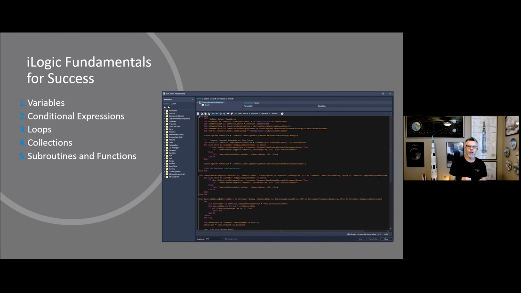Collections. Sometimes we have to go and access information. If you have a tendency to rely on Excel or even a SQL database to access information about your models and drawings, being able to collect that information and store it somewhere where we can reuse it over and over again is very beneficial in terms of performance. You don't want to be going back and forth to an Excel file all the time to acquire information. Sometimes it's good just to access that Excel file, grab all the information you need, hold it in different collections, and then use the information within the collections because it's much, much faster.